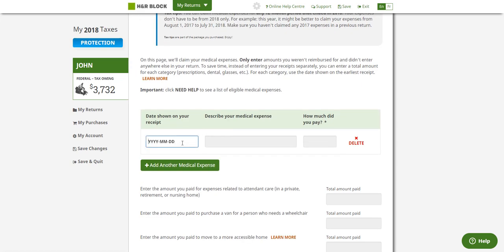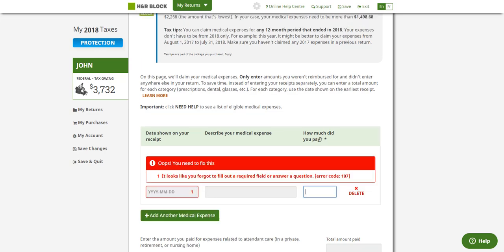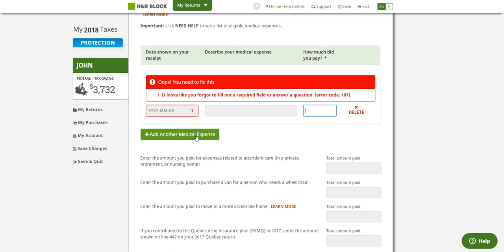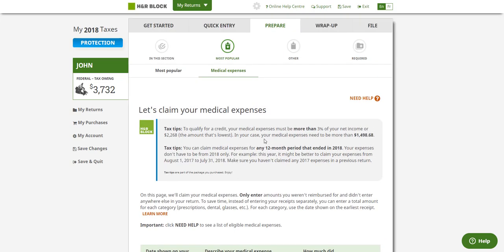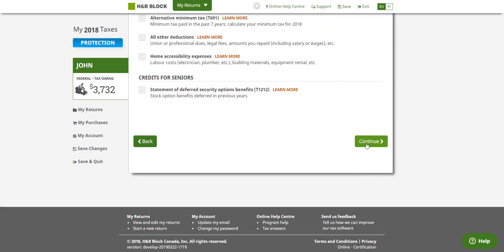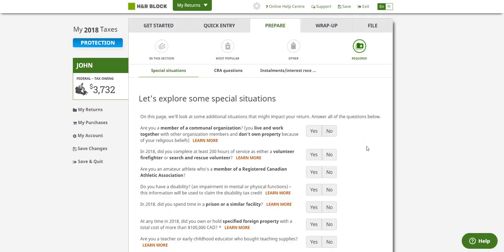So here I would enter my medical expenses. So I put the date, describe the medical expenses and how much I paid. And if I want to add more, simply click add another medical expenses. So usually it's within a 12-month period. It doesn't have to be in the 2018 calendar year, but just to make things simpler, it's best to keep it in the 2018 calendar year. So if nothing I see here concerns me, I'll just click on continue, which brings me now to prepare tab